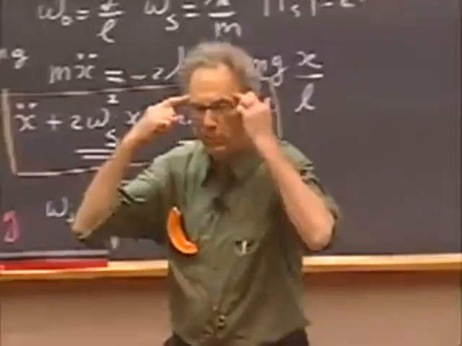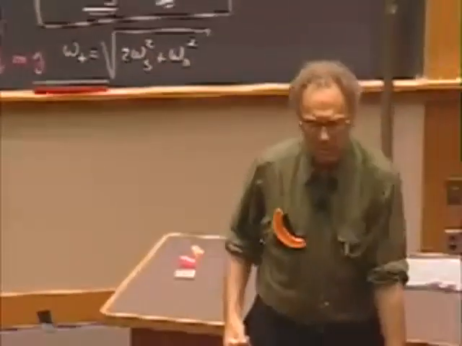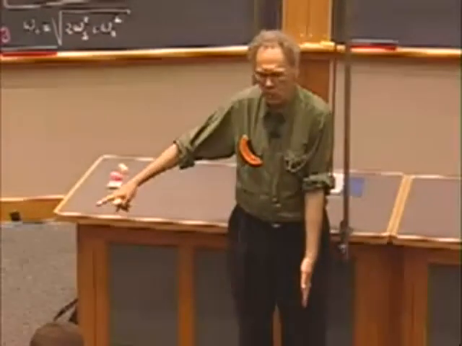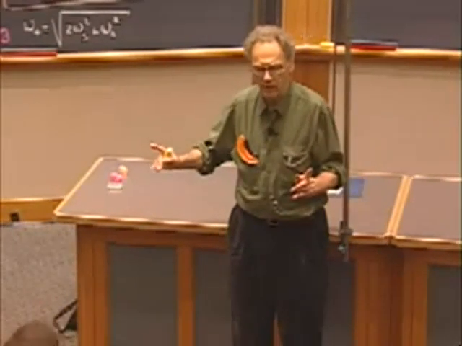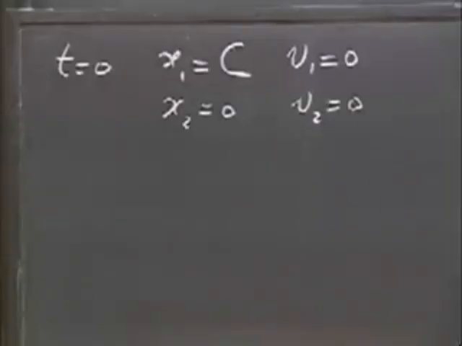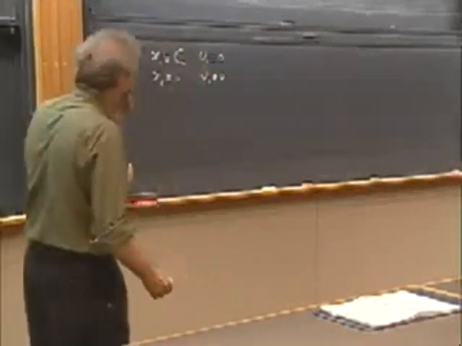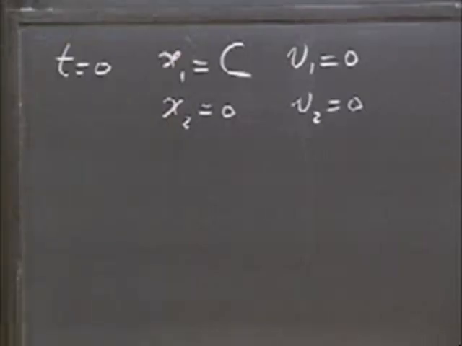So if you don't know what that means, of course I'm going to demonstrate it. It means that this one is here, the other one I offset, that's all I do, and I let this one go. Pull my hands off, and then I want to know what's going to happen. Right? Because I release this one with 0 speed. That's what you're seeing there. That is one of an infinite number of initial conditions that you may choose. So this now has to be substituted into my